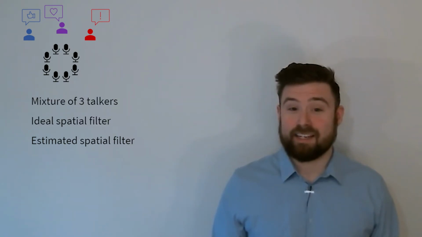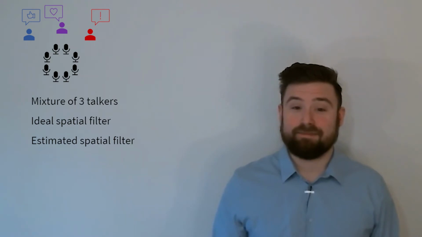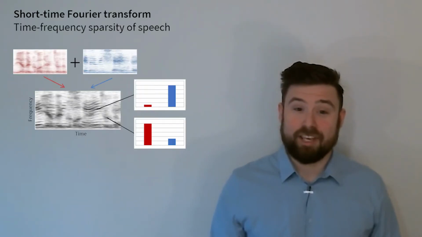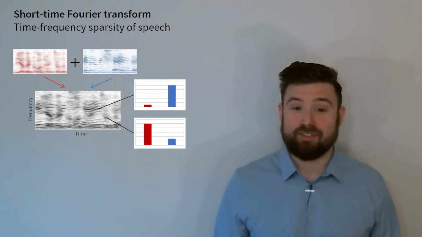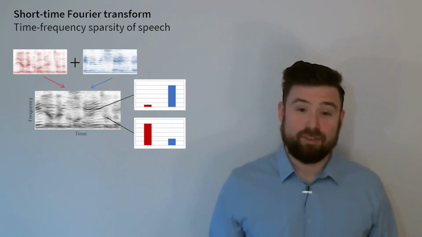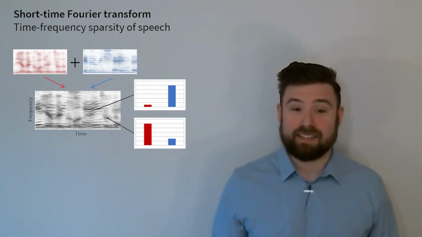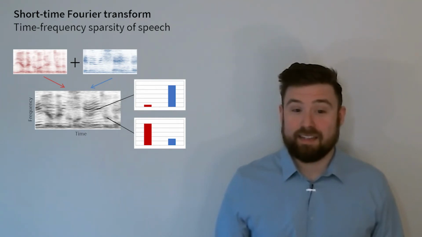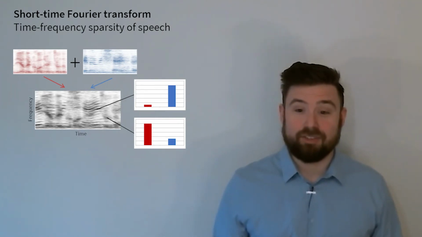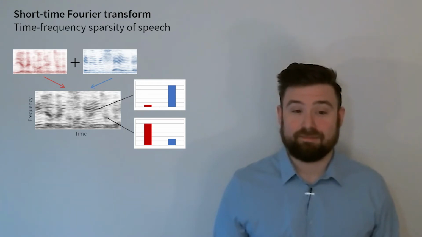That filter is less effective at blocking unwanted sound. The second property of the STFT is useful for model-based methods. Speech signals are sparse in the STFT domain, meaning most of their energy is concentrated in a small fraction of time frequency points. Furthermore, when there are multiple speech signals mixed together, their STFTs tend not to overlap very much. At any given time and frequency, there's usually only one source that is much stronger than the others.